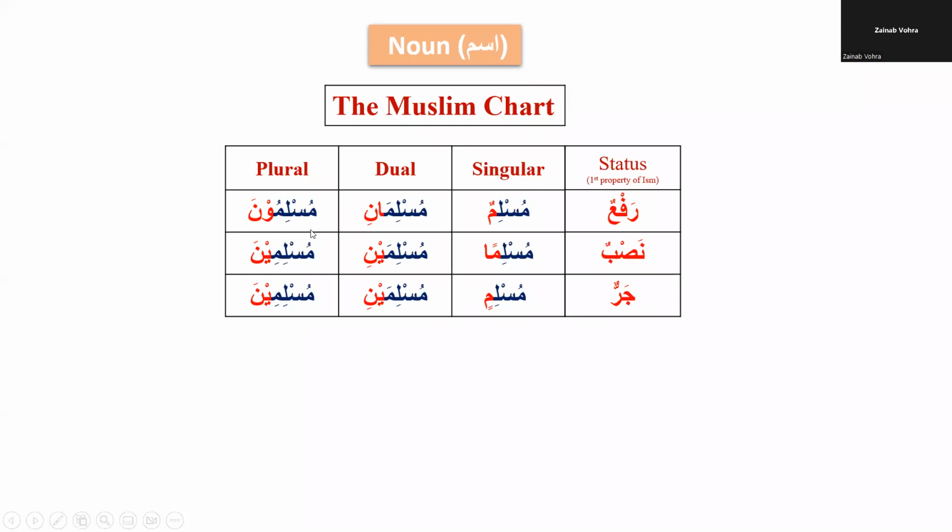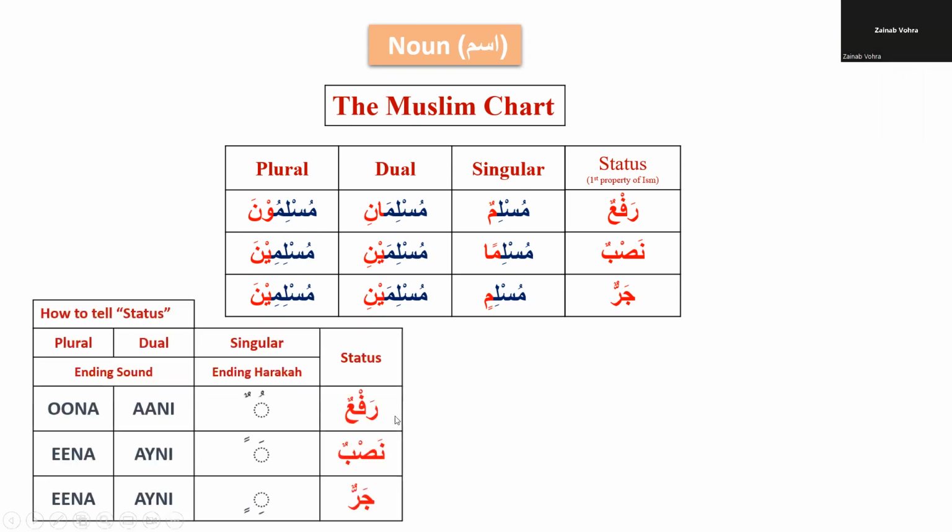Okay, Ayan. What is the status of Muslimuna? Muslimuna is Rafa because at the end there's an una sound. Ending sound is una. That is why it is Rafa. Umar, Muslimina. What is the status? Muslimina, Nasab or Jar? All right. What does Muslimina mean? More than two Muslims. Very precise. Very good. Thank you.